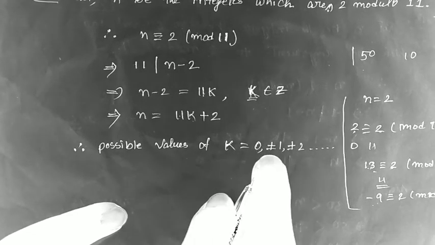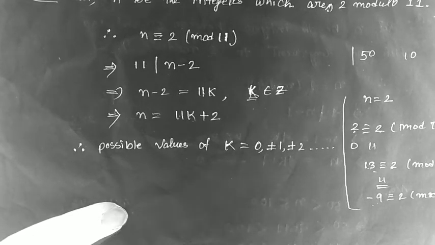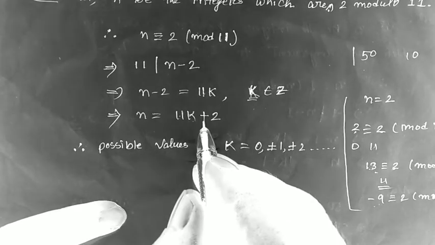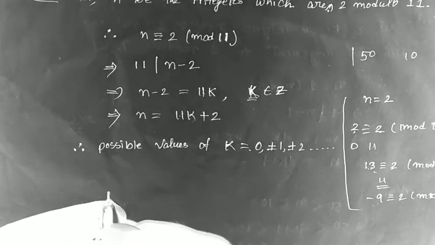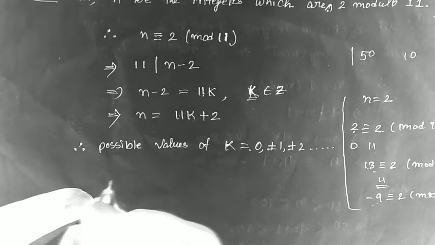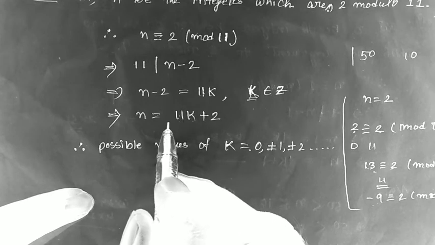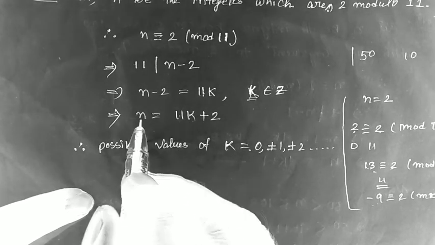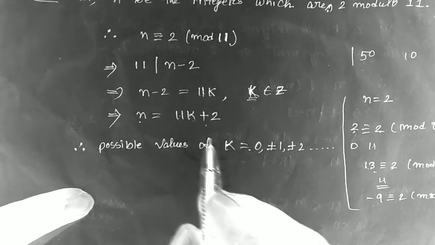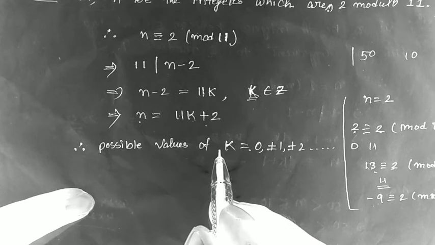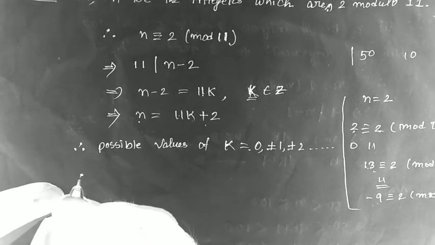So if k takes these values, then what will be the values of n? Since n can take infinite number of values here, if we conclude the sum up to here, then it is also correct. Or you can write, therefore n will be